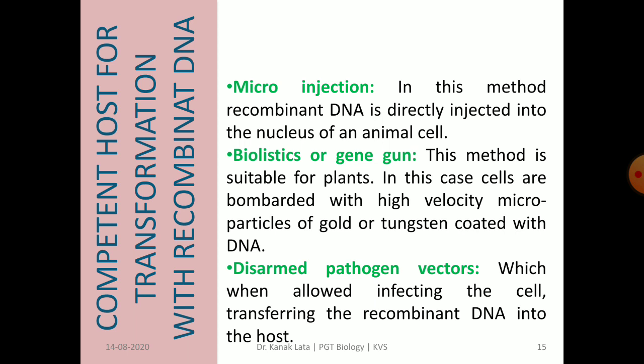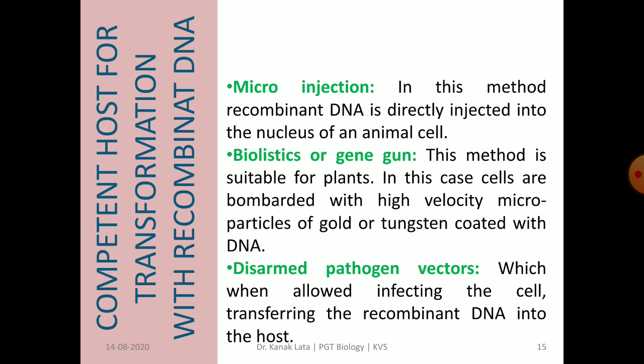Another method is biolistics or gene gun. It involves shooting foreign DNA into plant cells at a very high velocity. In this method, 1 to 2 micrometer gold or tungsten particles coated with DNA are shot into the plant cell using a helium pressure particle gun device. Wheat, rice and maize plants are transformed by this method, meaning transgenic plants of wheat, rice and maize are already made.